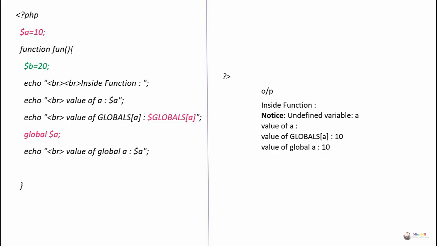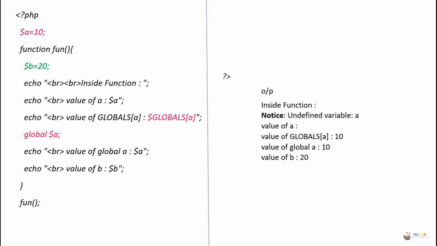And next, we are displaying the value of b. So a local variable can be displayed directly inside the function. So b will be displayed as 20. All these program statements will get executed only if we call the function. So we have actually called the function. That is the reason why all the statements are getting executed and we are getting the output.